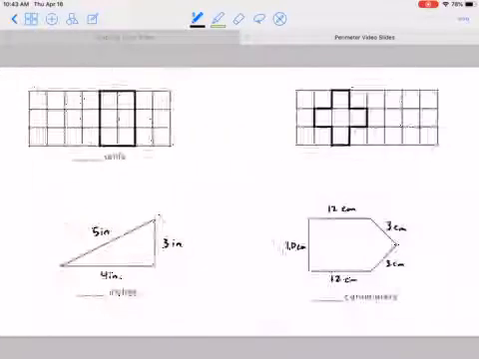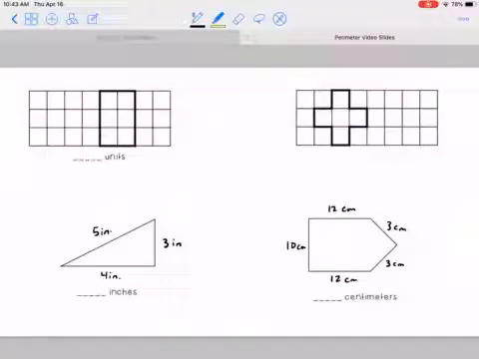So let's get started. When I think about perimeter, we are thinking about the outside of a shape. A polygon is any shape that has straight lines, and they all connect. They're all closed. Area, when we were learning about area, is the amount of square units it takes to fill